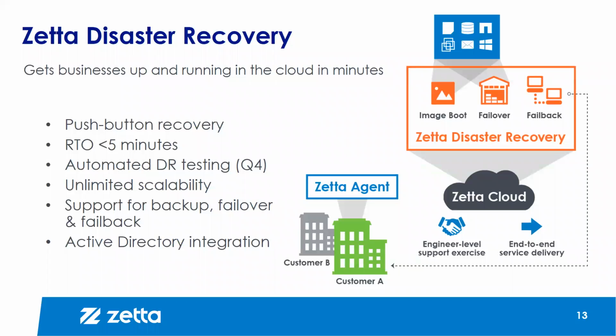So this is a quick diagram that sort of shows how we do our disaster recovery. It is as simple as back up a machine. You can poke a button and we can boot it right away. One of the things that's a little bit different about us is because we have the images essentially sitting there ready to go on the virtualization storage, you can boot the machines in roughly the same time it would take to boot a VM locally. So they boot up in less than 5 minutes. We have some DR testing where we can boot it up and take a screenshot that'll be available in Q4.